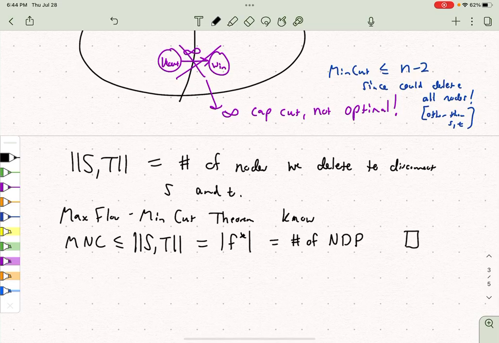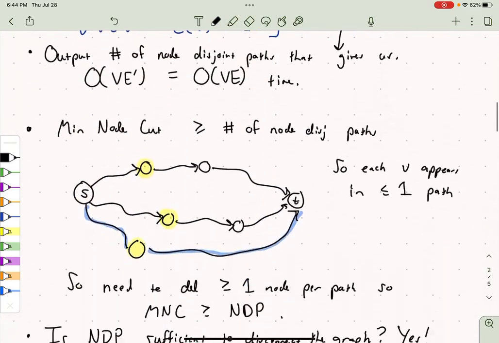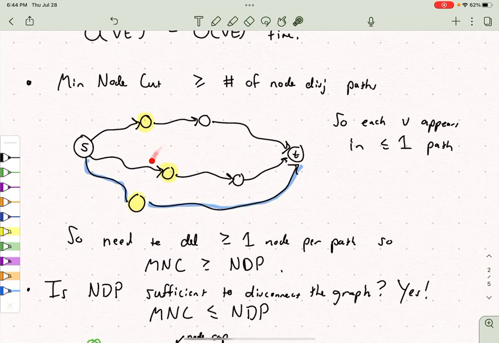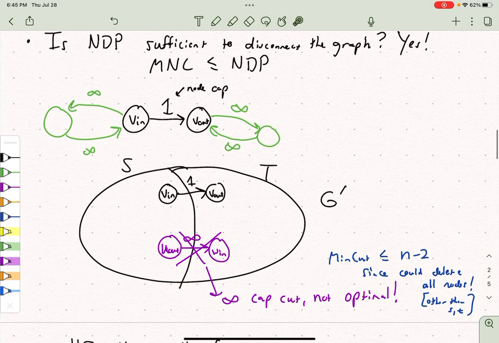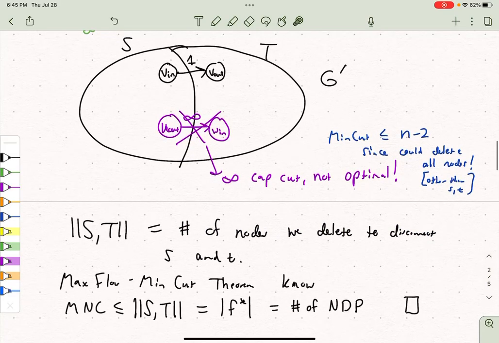All right, so that gives us a proof of Menger's theorem. So to summarize, the first case we can just solve directly. We just see clearly that if we don't delete one node per path, that leaves us a path we can take. And so the min node cut size is at least the number of node disjoint paths. Then we figure out that, in fact, the number of node disjoint paths is sufficient. We can actually pick one node per path to kill, and that's enough, by appealing to the max flow min cut theorem. And specifically, we look at the flow graph in our reduction G prime,